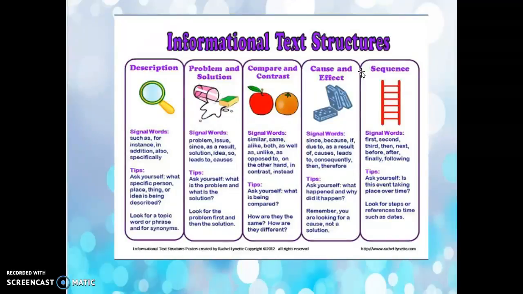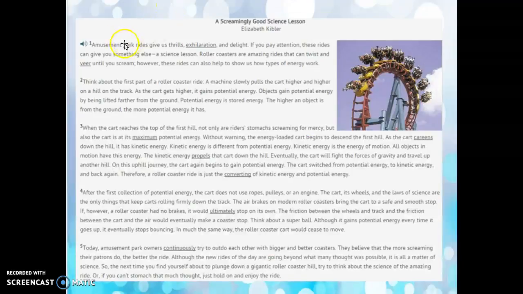You also have order of importance. That's things like a top 10 favorite songs list, things that are in order based on your top 10s. Then you might also have spatial order. That's things like a grocery market list based on the aisles, right? The produce aisles, all the stuff you would need in the produce aisle, all the stuff you need in the meat, okay? I'm not quite sure that this is a sequence because we would see words like first, next, then,